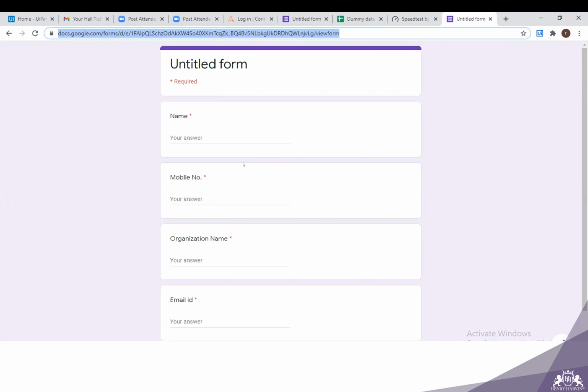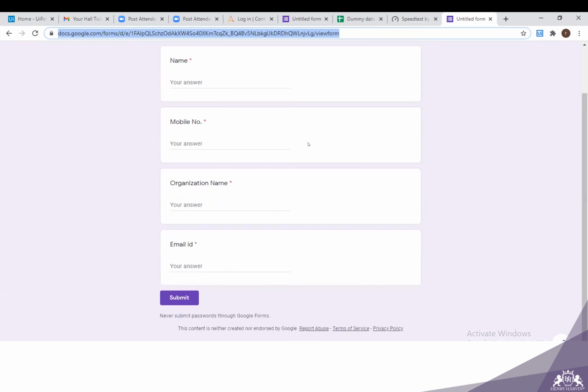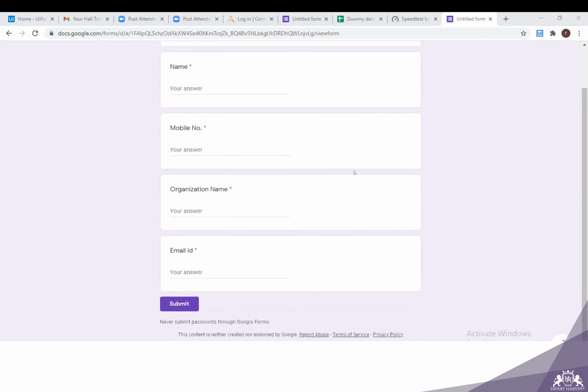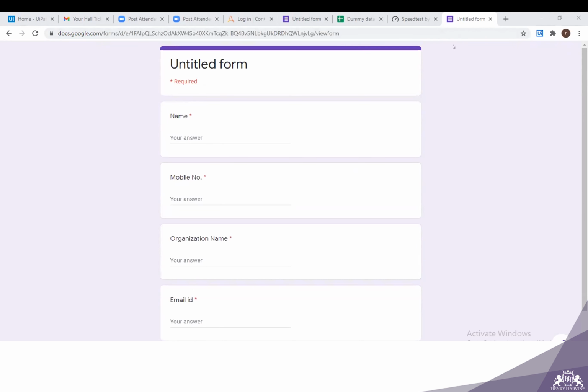I have created this dummy form, or you can say dummy application, or dummy dashboard where you have to enter few data. Just for the practice, I have created this Google form so that you can use it for entering some data which you have copied from Excel. So now you have both the files. One is Excel file and another one is Google Form link. I'll open this form in the background.